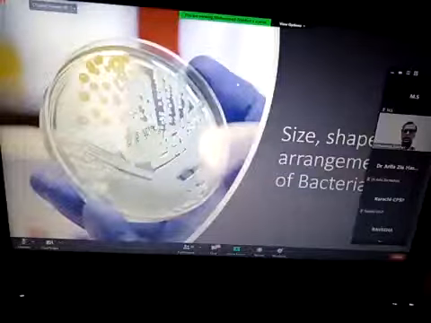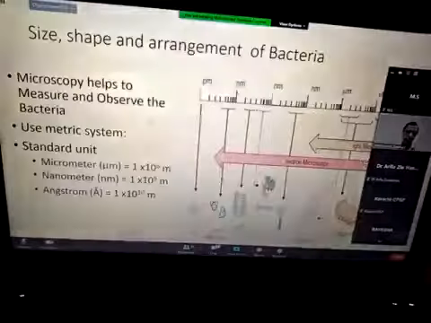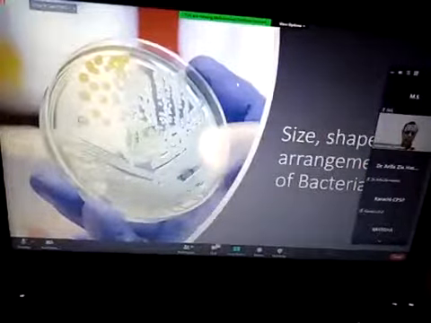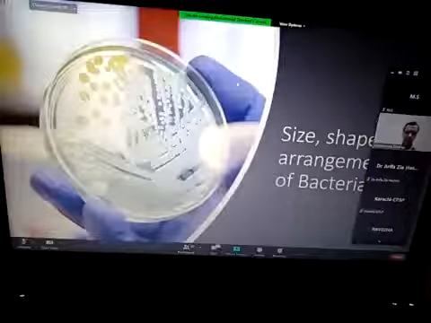So this is the plate. For example, if we see that this bacteria, this is a plate. So this is a plate, and these are all bacterial colonies. We see with